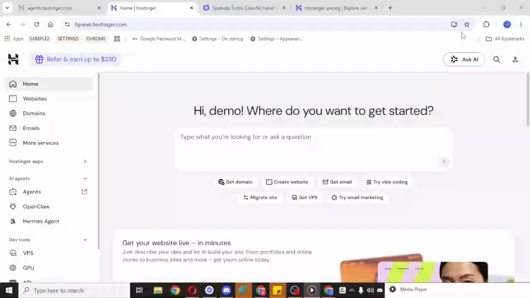In today's video, I'm going to teach you how to regenerate an API token in Hostinger. If you need to replace an old token, improve security, or simply create a fresh one for a connection or integration, this process is very straightforward. Just make sure you're logged into the correct Hostinger account before you begin, because API tokens are tied to your account and can affect any tools or services currently using them.